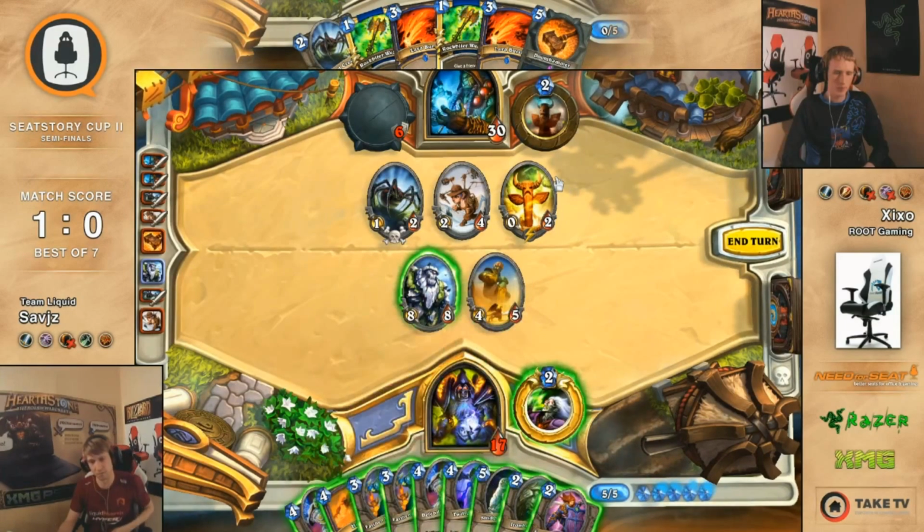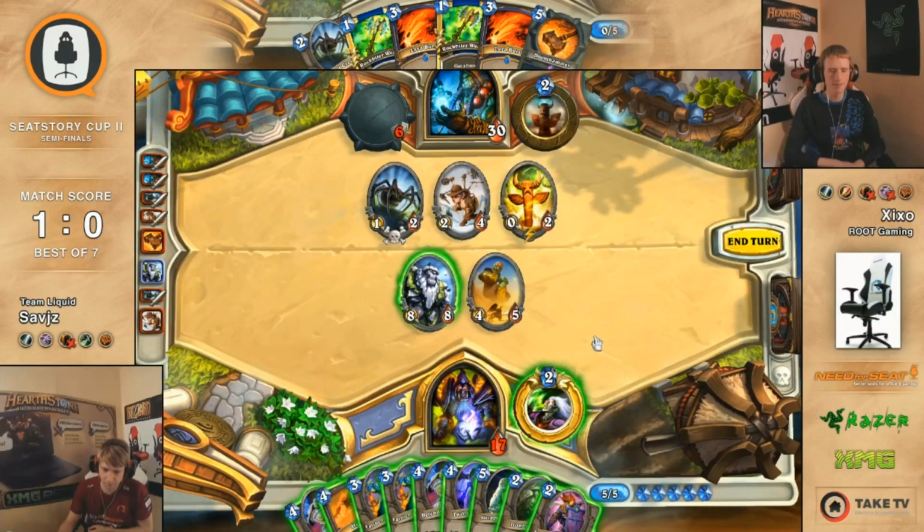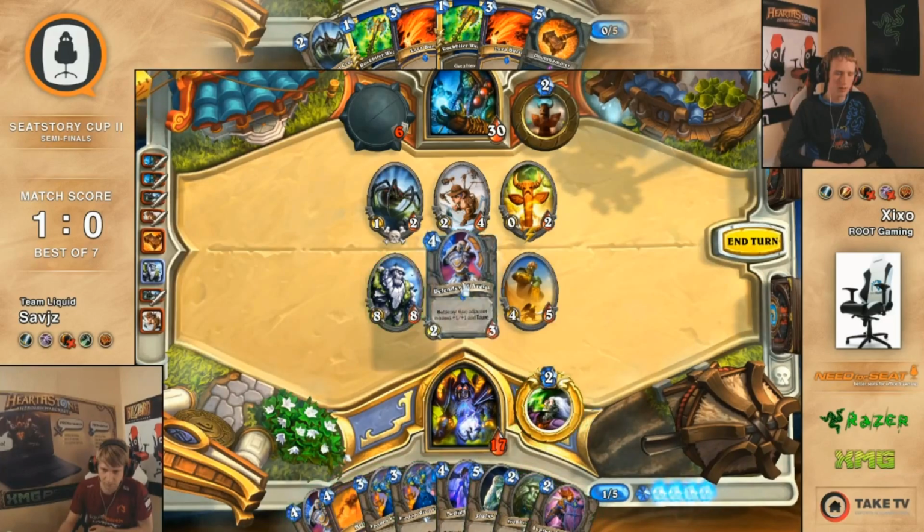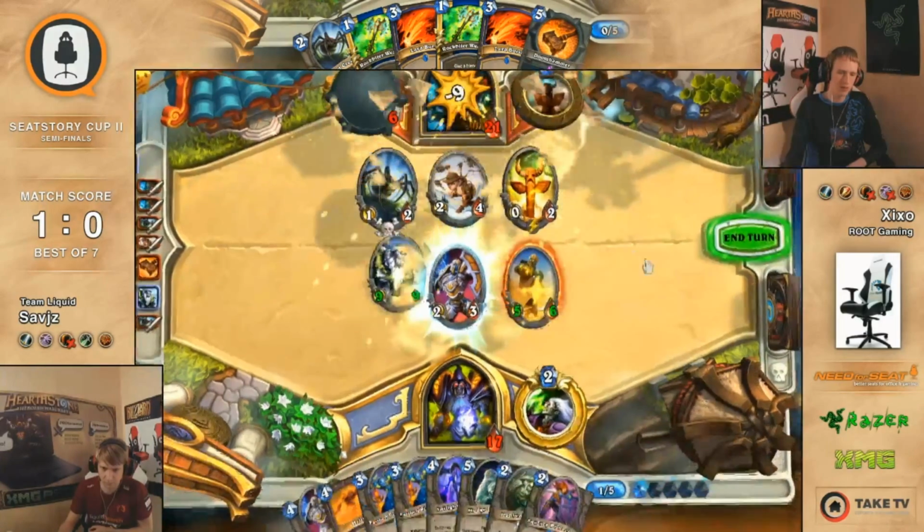I think you played the Owl. Yeah, I think you do go Owl. If you need taunts, you have all this taunt in hand, plus all this life gain in hand. Face, so yeah, this is super important. I actually would like to see the 12 attack damage. But no, I think you...